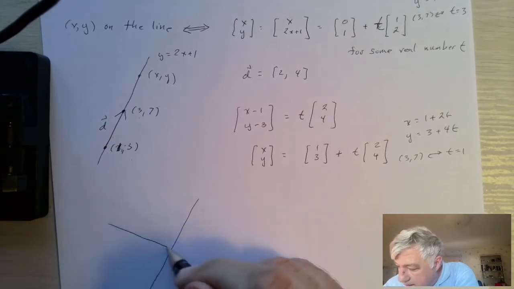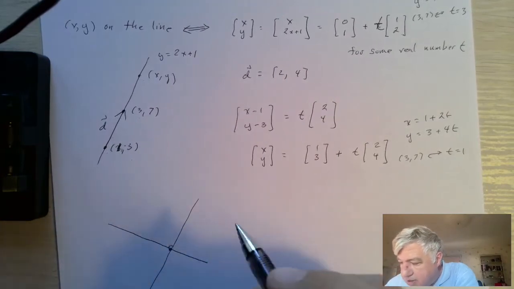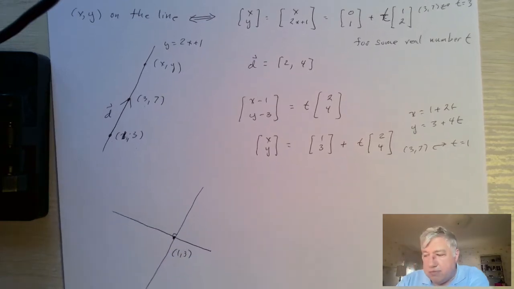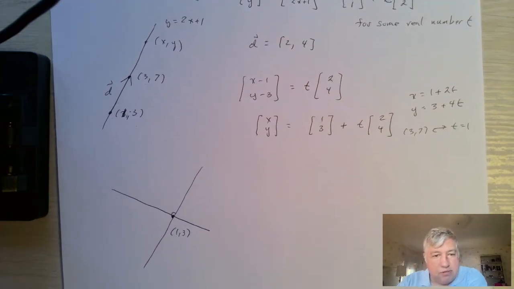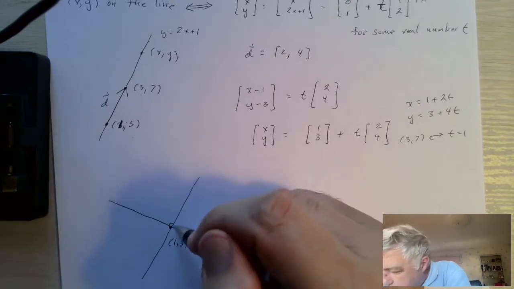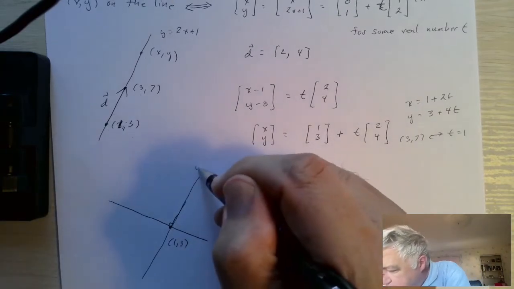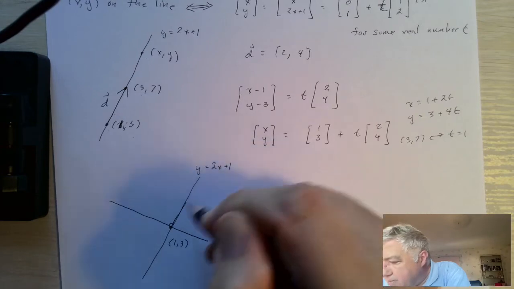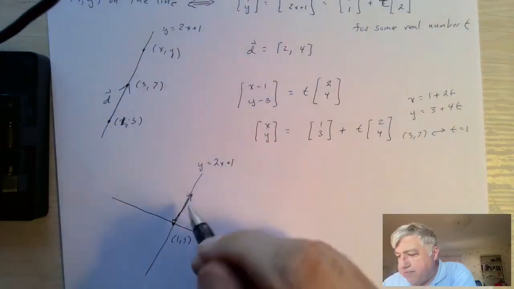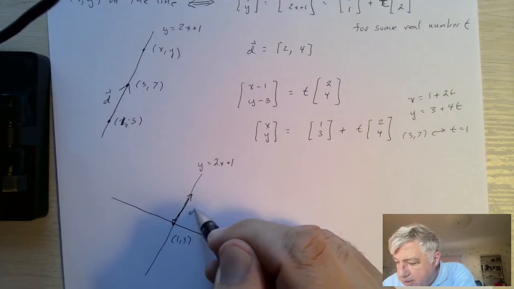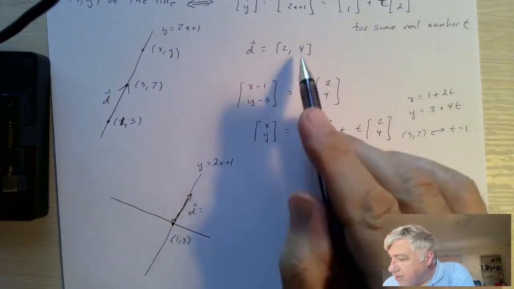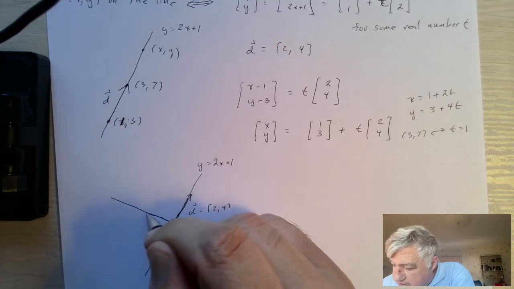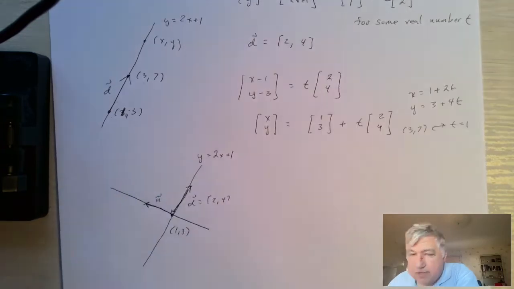And let's say we have this line here, and we just know it's perpendicular. And let's say this point is 1, 3. We can choose it so these lines intersect at 1, 3. We know the direction of our line here, if this is y equals 2x plus 1, the vector here is d, which we already said is 2, 4. And if we call this vector n, the direction vector of this line,